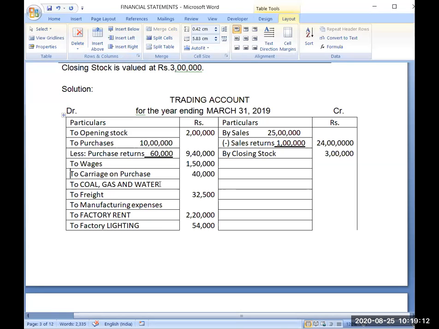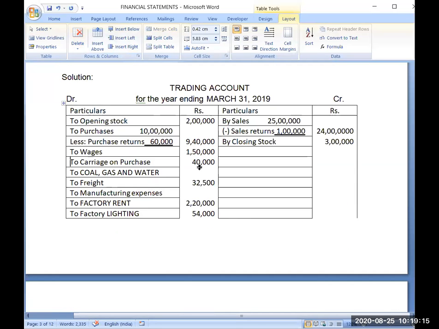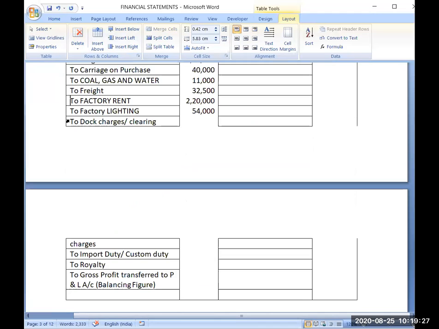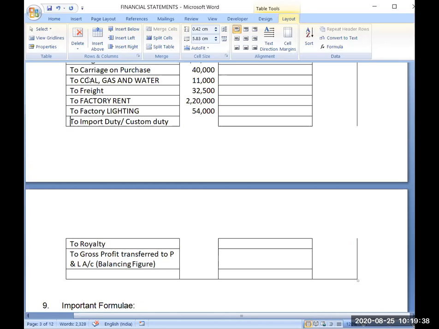Coal, gas and water, the amount I forgot to write, 11,000. So the amount of coal, gas and water is 11,000. Then this is also not required. So whatever is not required,